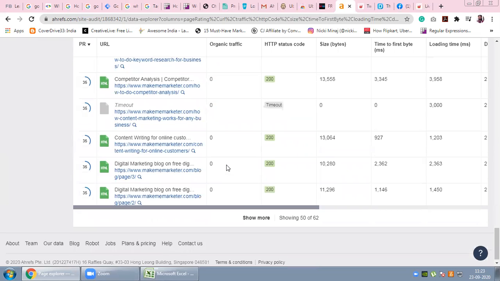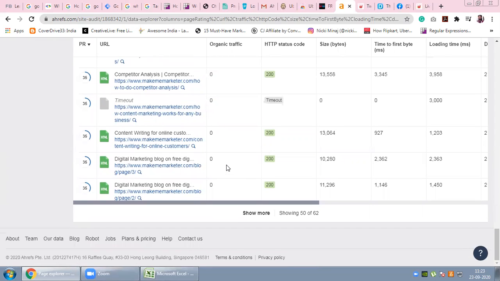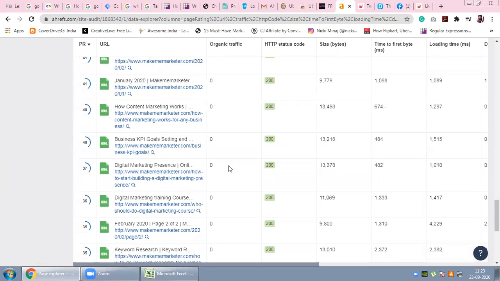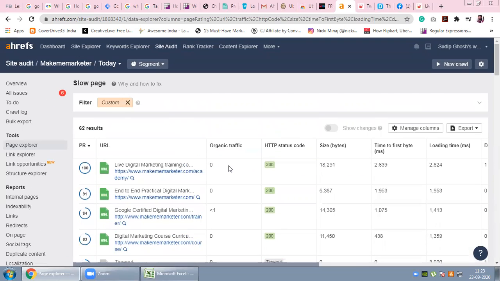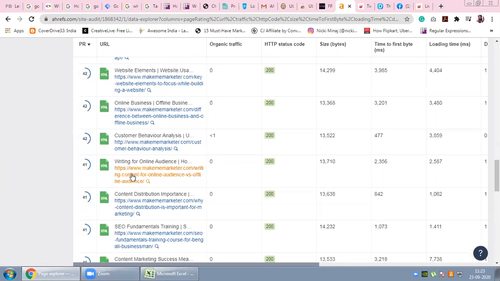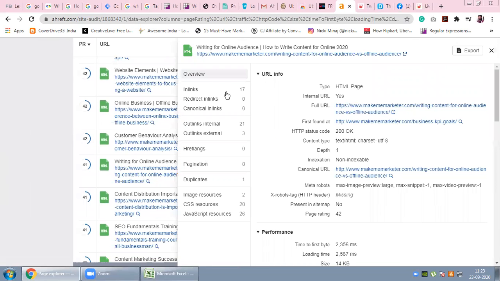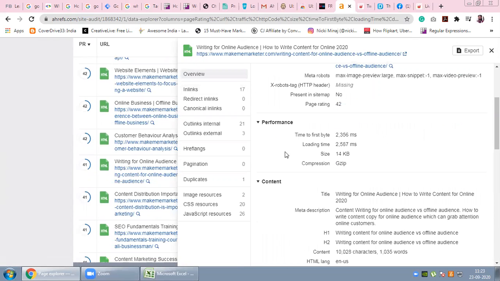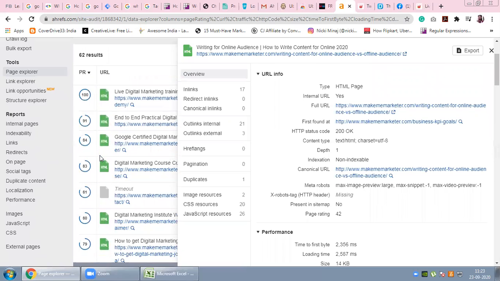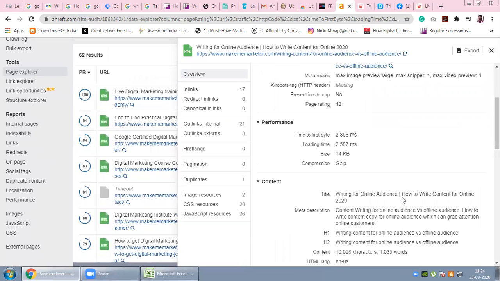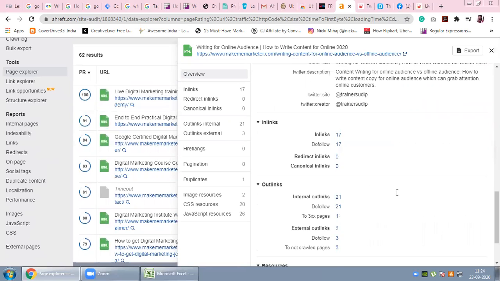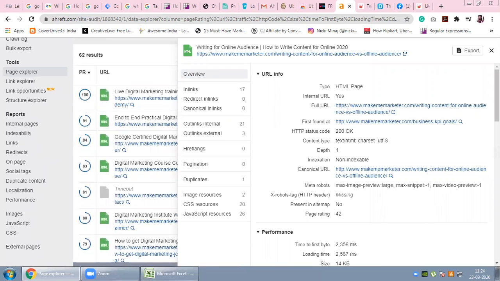Here are all the issued pages I already found, so that I can fix all the issues one by one. By clicking any of the pages, I can see what page issues are present, and according to that I can compare with the pages that got 100% page rating. Once I compare that particular page, I can find what mistakes I have made in this page's optimization, right?